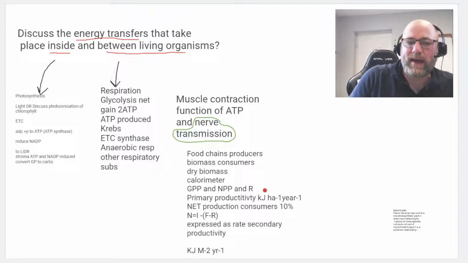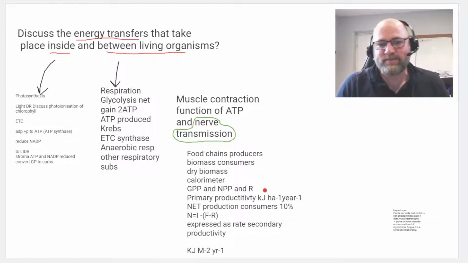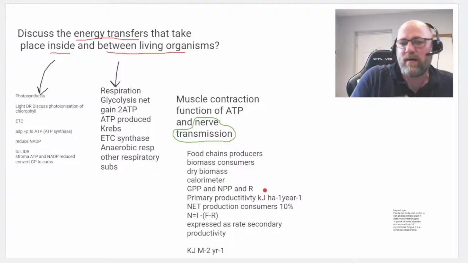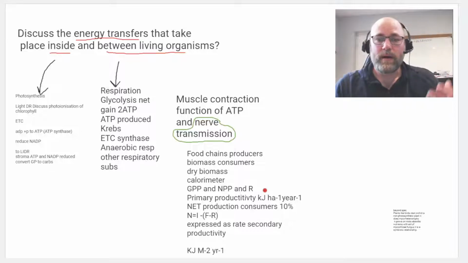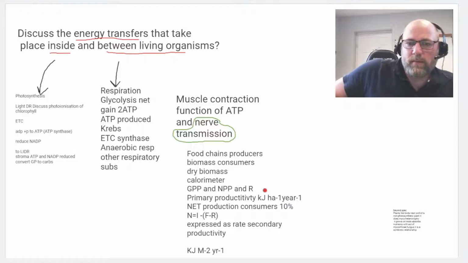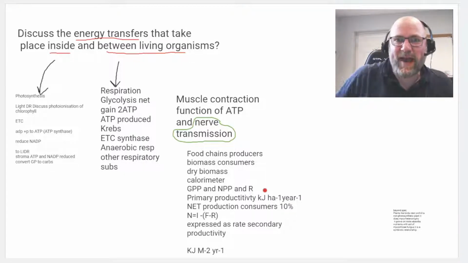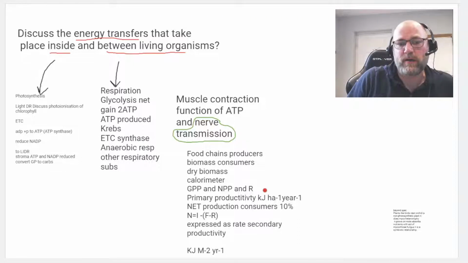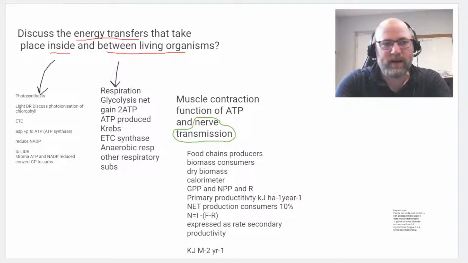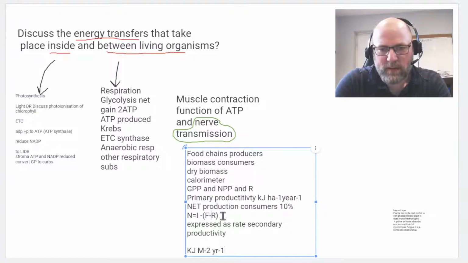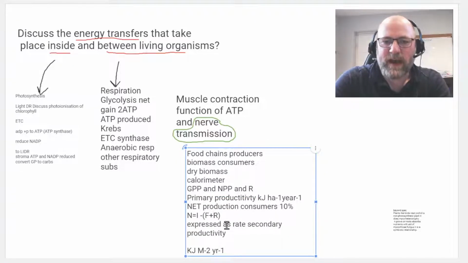So you can calculate net production in consumers as N equals I minus F minus R. So you need to know all that. I is the amount of biomass, or the amount of energy ingested in kilojoules, minus feces, F for feces, minus excretion like feces, urine, and minus respiration. So really, that should actually be F plus R in there. Just realised that. I was just banging this out quick. So yeah, you're really looking at